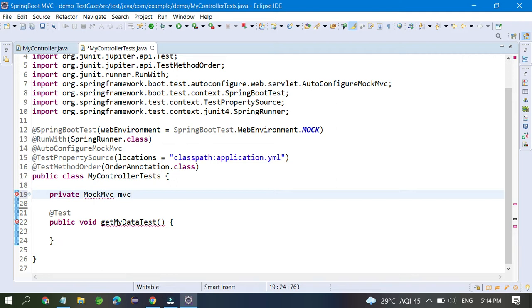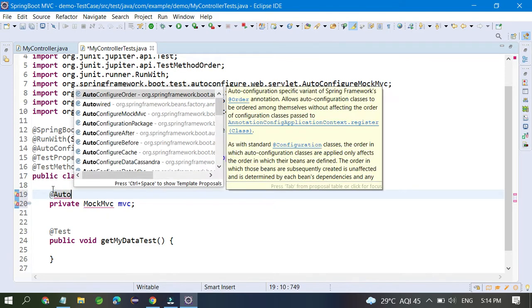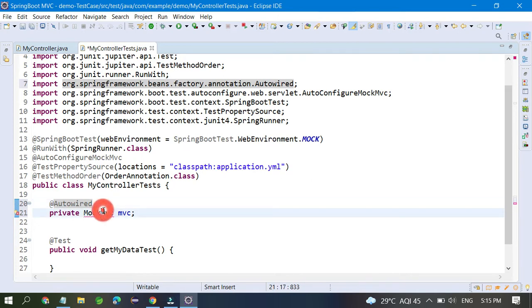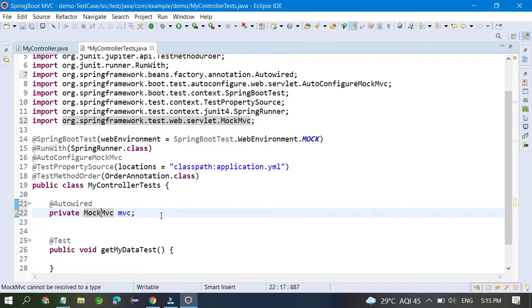And you have to annotate this with Autowired so that the object is created automatically, nothing else. And you have to import this MockMvc. This is one of the classes, MockMvc, and it's given by the Spring web servlet MVC test package.